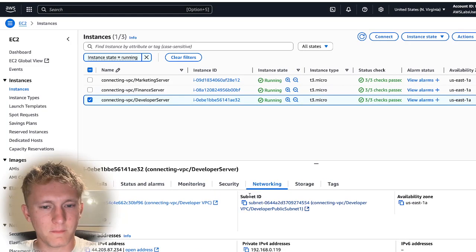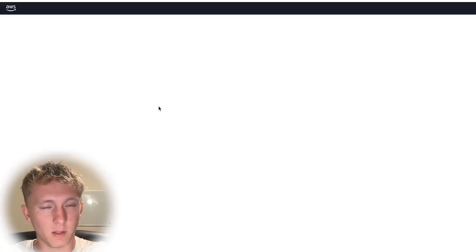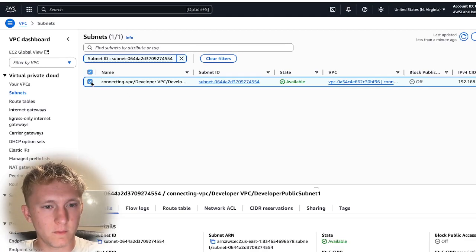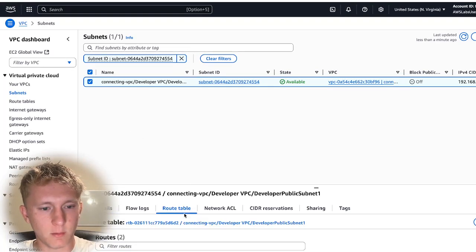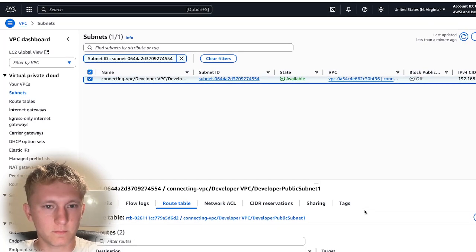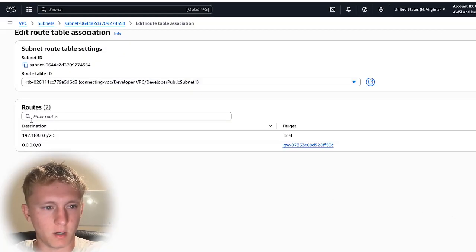No. What? Subnet ID? Did we? Route table here. There we go. So the developer, let's see our routes. We have one that goes to the